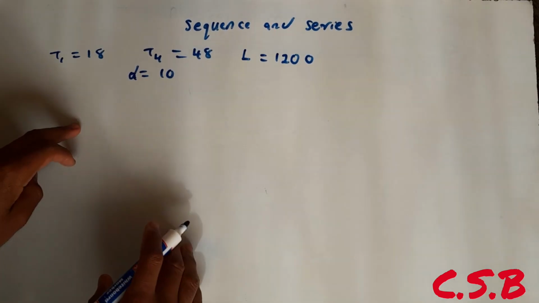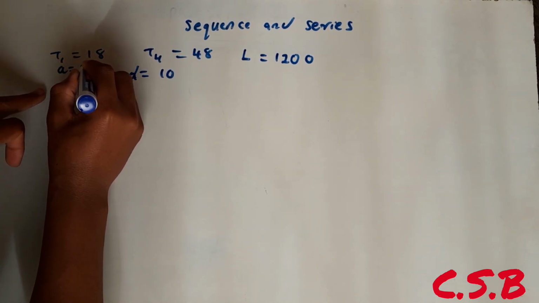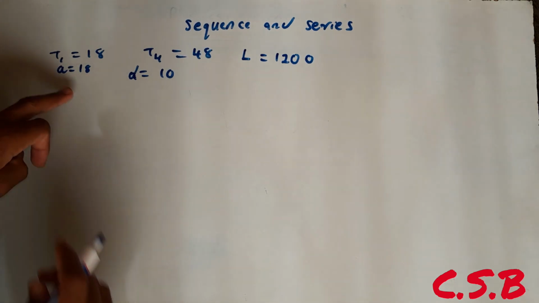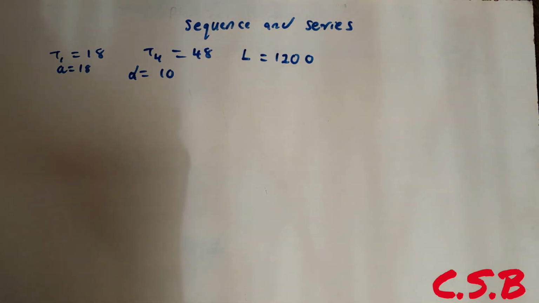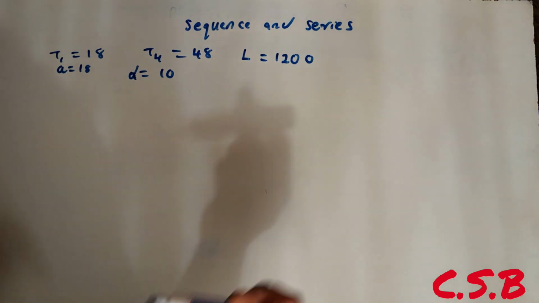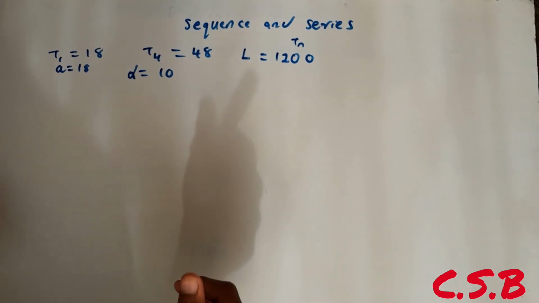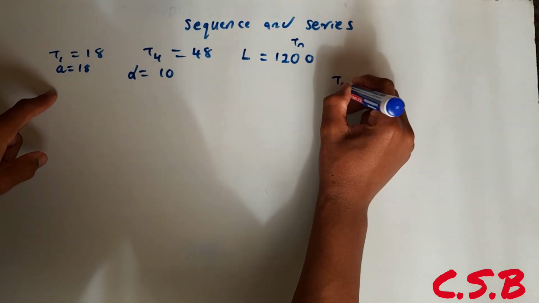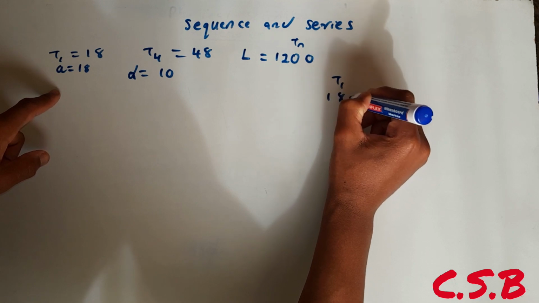We're given that D is equal to 10. Then obviously this is our A, because A is equal to T1. So this is our A, which is 18. Then the question was to solve the number of terms in the sequence. So we all know that the number of terms is the same as Tn, because it's the last term. So this is the same as T1. T1 is 18, so I will write it as 18